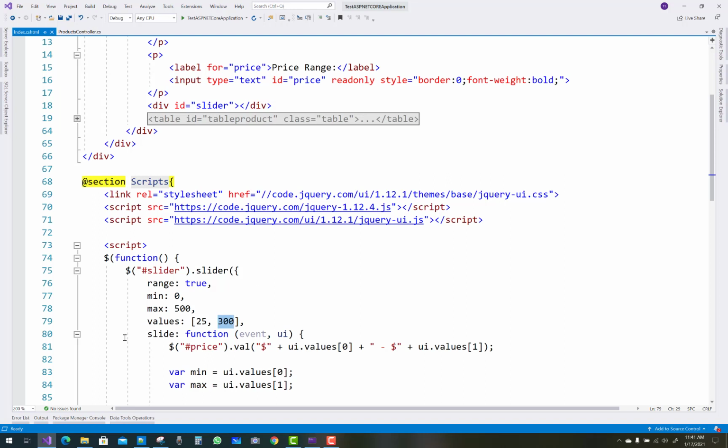Then there is the slide function, which is called when the slider moves, with event and ui.